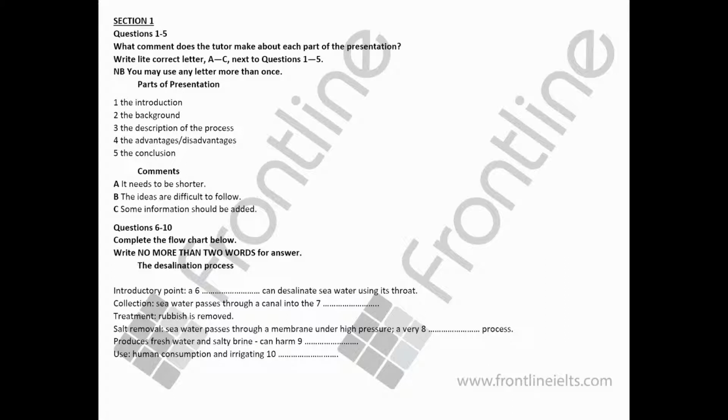Then you can go on to describe the mechanical process. Yes, well, the first stage is the collection. It involves a large plant that collects the water. Actually, it goes through a canal, and that passes the water into the plant, which treats it, you know? Removes all the rubbish. Yes. So the treatment's the second stage. What happens next? Well, the next stage is that it goes through a lot of pipes until it reaches the point where the salt is removed.